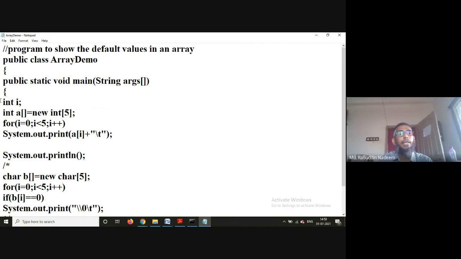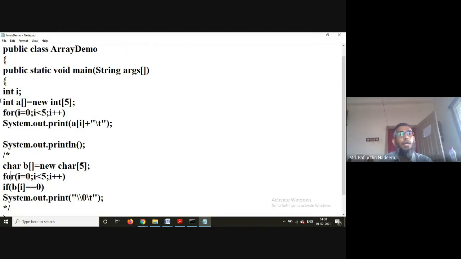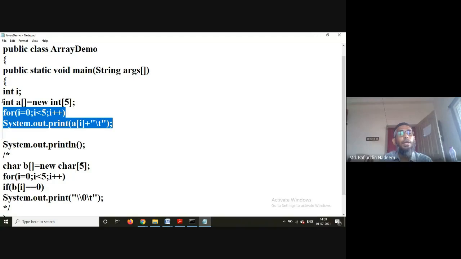So int a is equal to new int of 5. Now an array of size 5 is created. I have not initialized any values, but I am trying to print those values. Let's see what values will be displayed.